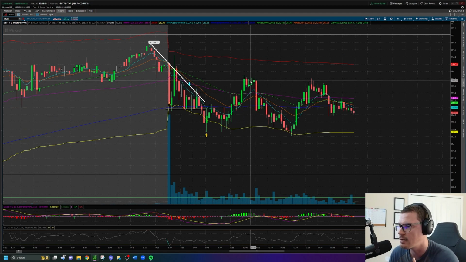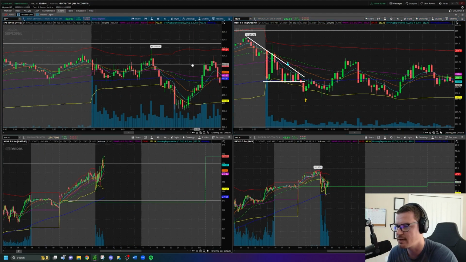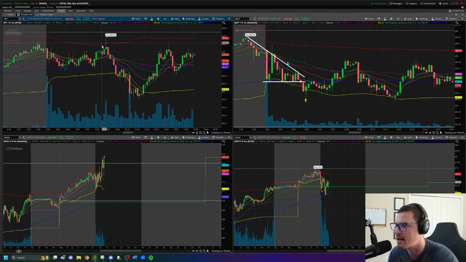Now, this is where things get interesting. Microsoft at this time would be considered what's known as a laggard, meaning that something else is moving prior to Microsoft making a move. So the benefit of watching multiple charts at the same time, if you go to my flex grid here, I have SPY over here on the left side, Microsoft here on the right side, is that I could see at 10 a.m., SPY pushed up into high of day, rejected high of day, bearish engulfing candlestick here on the 1 minute time frame, and then it started to fall.